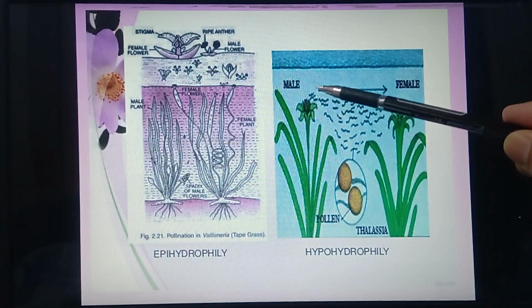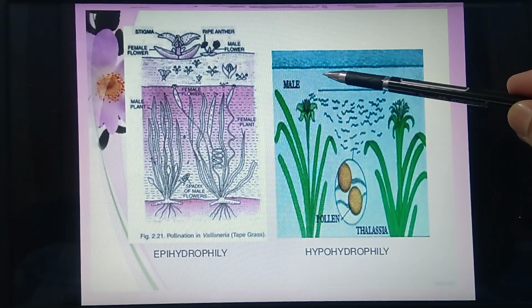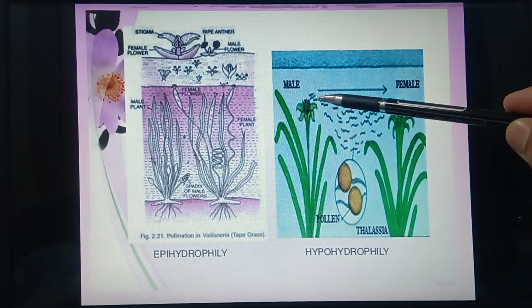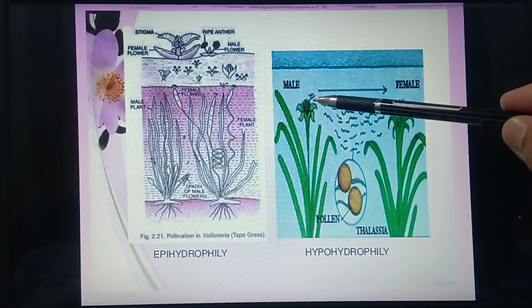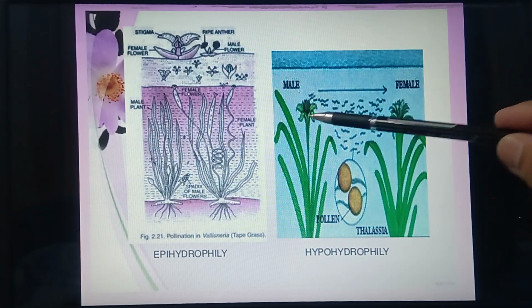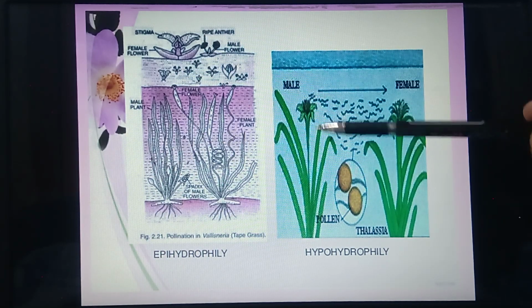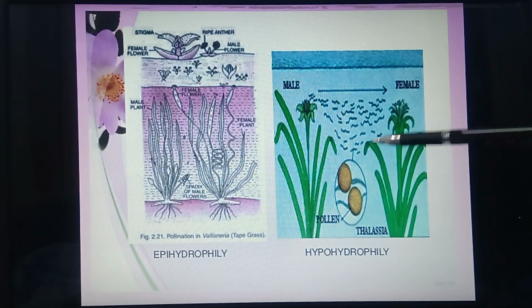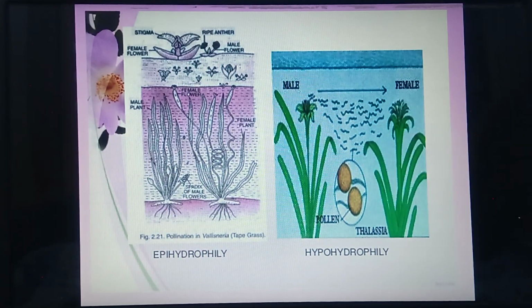From the male flower, pollen grains are dispersed into the water. As the specific gravity of pollen grain is more than the water, they are present below the surface and are carried from the male flower towards the female flower with the help of water current. This is about hypohydrophily, and in the case of hypohydrophily,